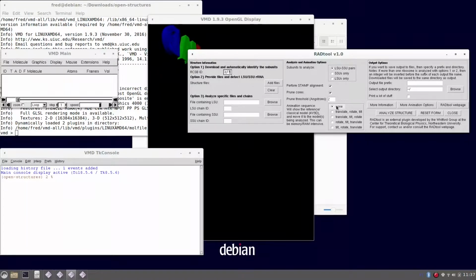It's switched off just to save memory. And as this is not an E. coli structure, the STAMP alignment has to be switched on. So STAMP will renumber the residues to match the E. coli numbering. The prune cores option is switched on, and you can either leave it on or switch it off